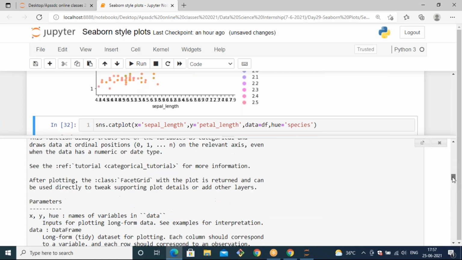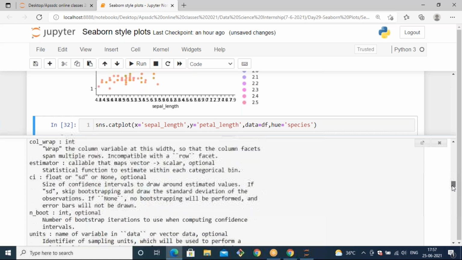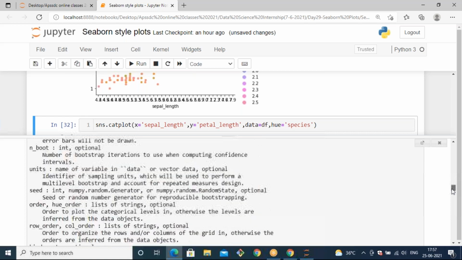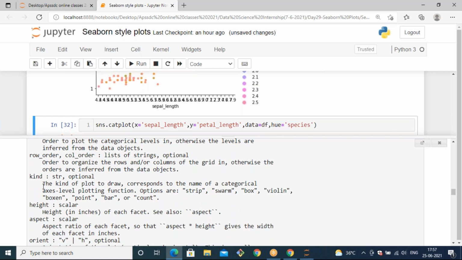By using the kind parameter, you can pass the kind of plot that you want to generate. If you see the kind parameter, it can take string type data, and by default it is optional, and it takes the kind of plot to draw. So by using kind, you can specify the plot that you want to draw, and corresponding to that name of